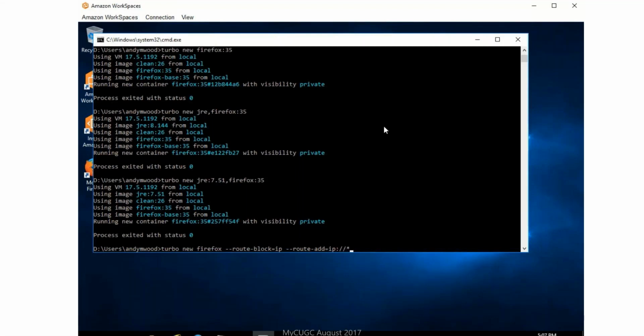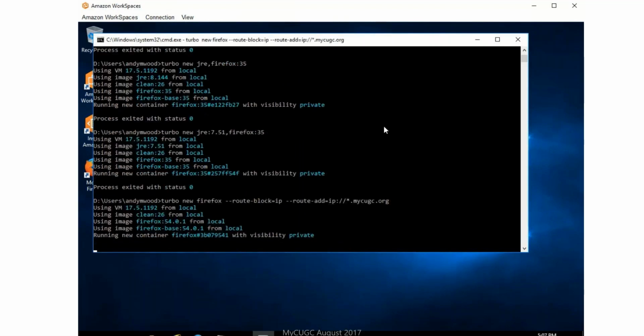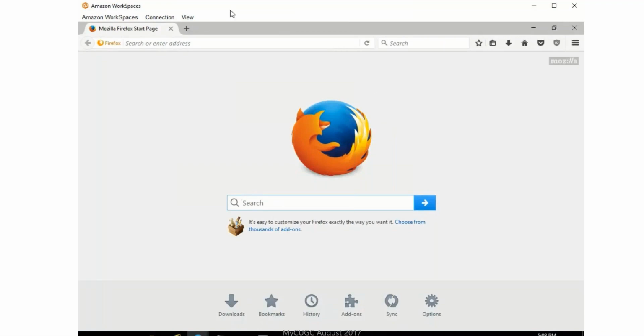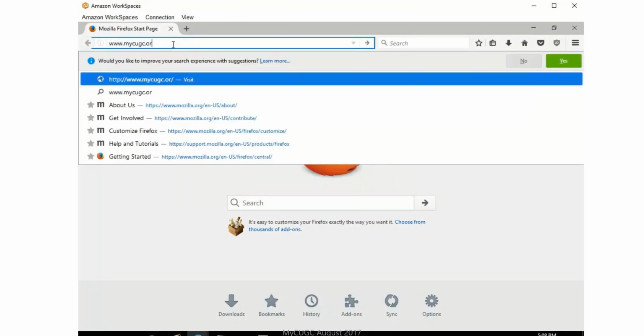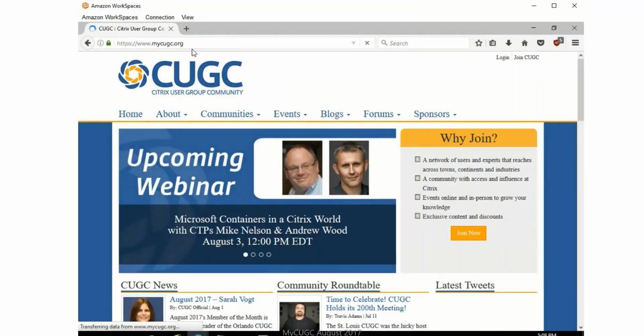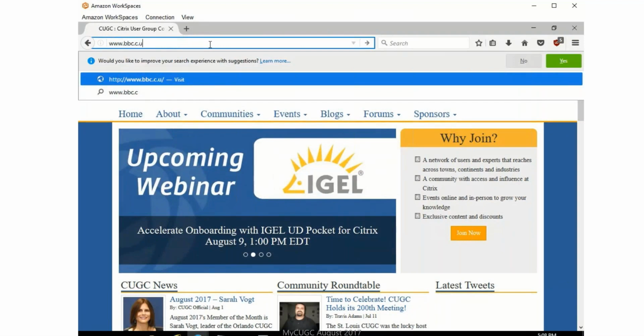I'm going to block all IP and just allow access to my CUGC. So maybe I've got an internal application that needs an older version of a browser for whatever reason, and I want to make sure that my users can't accidentally use this instance to go off merrily and access the interweb and introduce a vulnerability. I just want them to access my site. So here I'm going to go to my CUGC, happy days, I'll be able to see two wonderful, beautiful faces and access the website. But if I try and go somewhere else, like I try and go to the BBC,